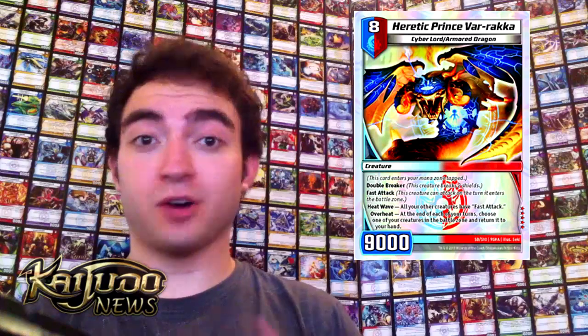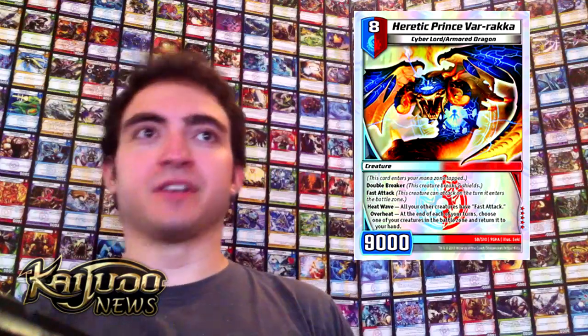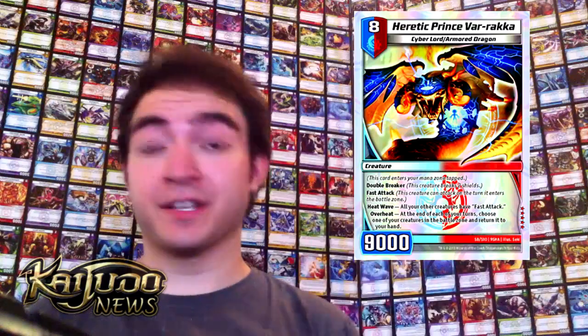Heat Wave makes all of your other creatures have fast attack, so this is just like Hyperspeed Dragon and Steam Tank Cryon, and it has Overheat, which basically turns one of your creatures into a Helaflame the Assaulter at the end of the turn. I don't even know where to start with this card because you could do so many different things with this. First of all, just this card alone has fast attack,